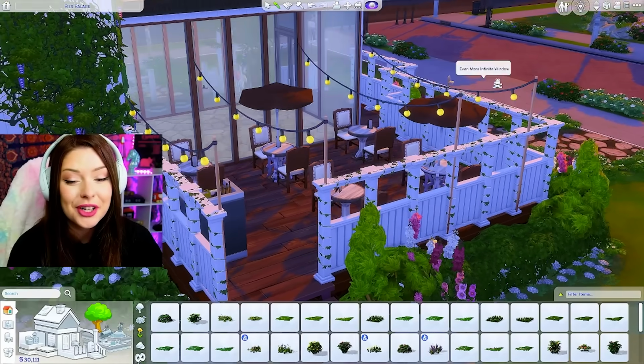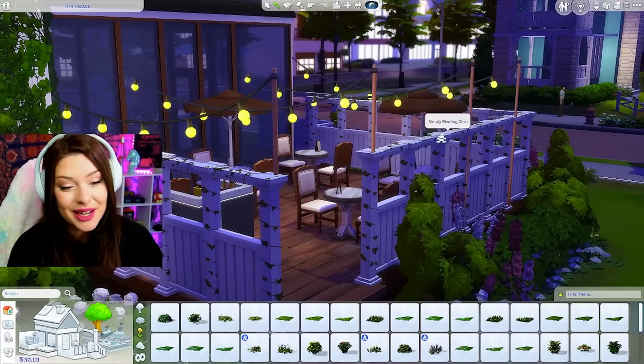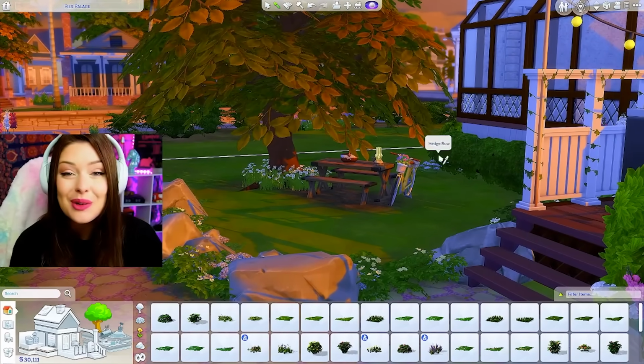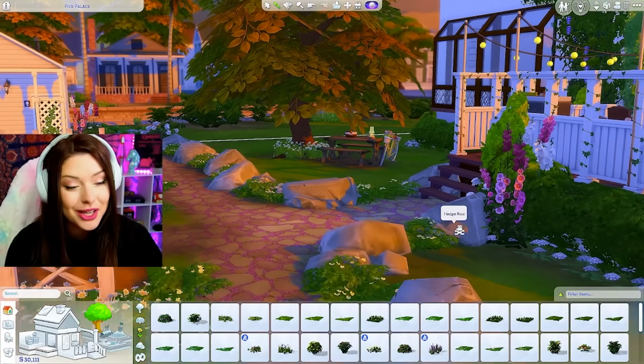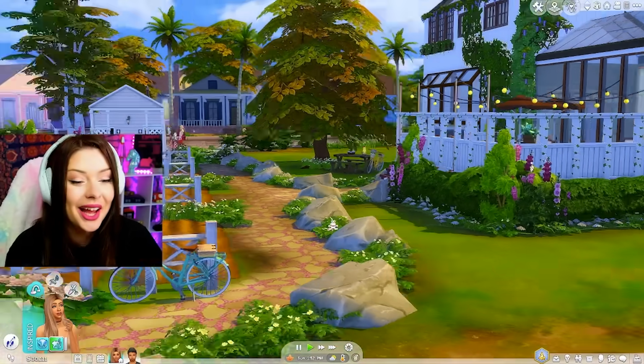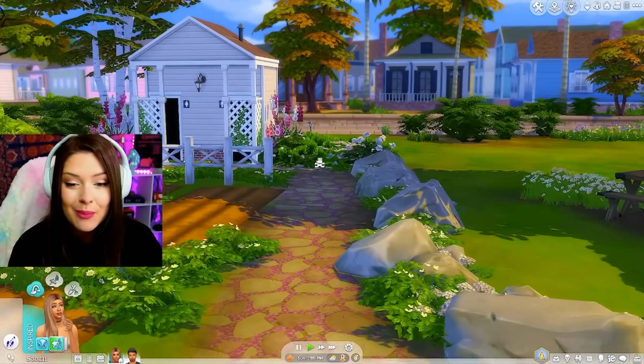This is how our super adorable outside patio ended up. It's so cute at nighttime with those fairy lights going on as well. I also added a small picnic area over here, the bicycles making it look like there's Sims that are actually coming over here. Can we get it in live mode with the butterflies flying around? Maybe later. Sometimes I'll press play and butterflies will fly around these plants, but I'm not seeing any,